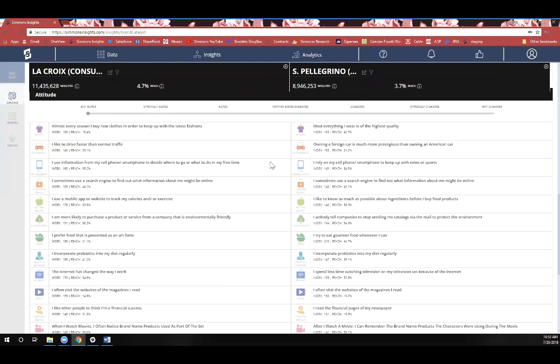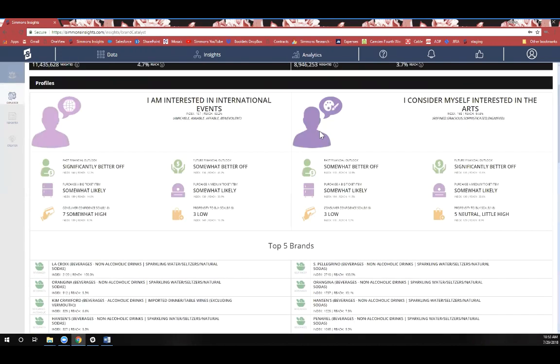Maybe you have learned that they have a high taste for fine foods, they really buy only nice clothes, they only like to drive foreign cars, etc. You see their top indexing statements and what they feel about in the big picture, but maybe you want to get a little bit more involved with these personas and learn a little bit more about them,